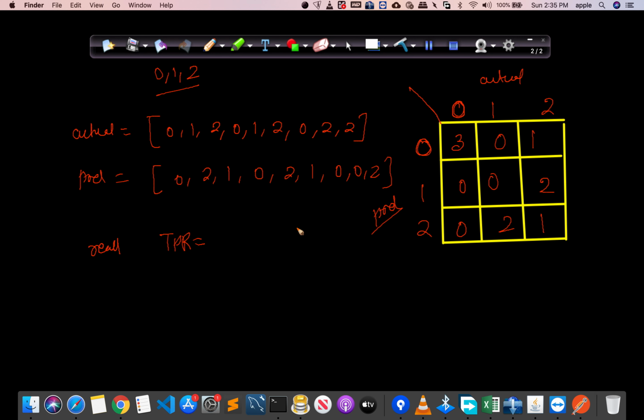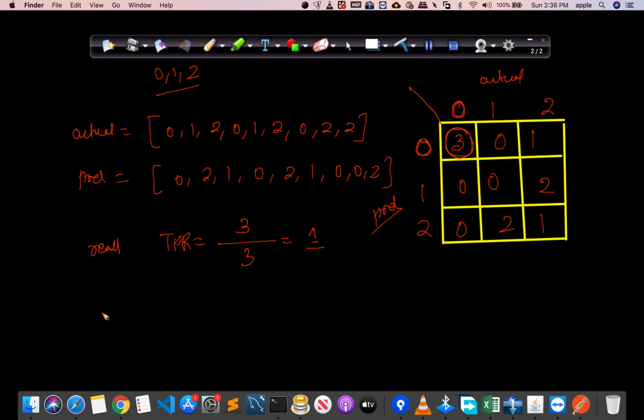To calculate recall, take this particular value for class 0, that is the diagonal value, and divide by the sum of the column elements of this particular column. So this is 3, which will give you a value of 1, which means 100% recall for this particular class.